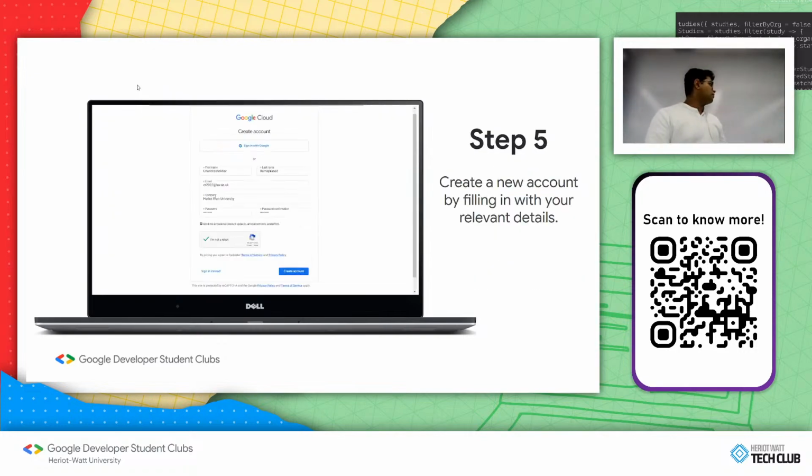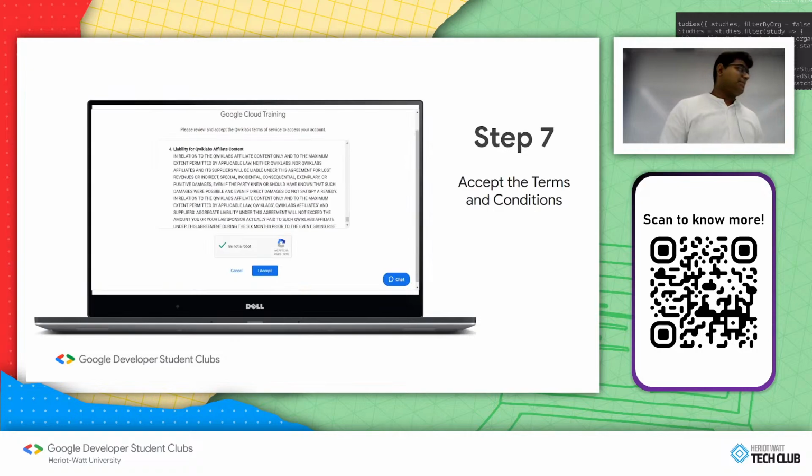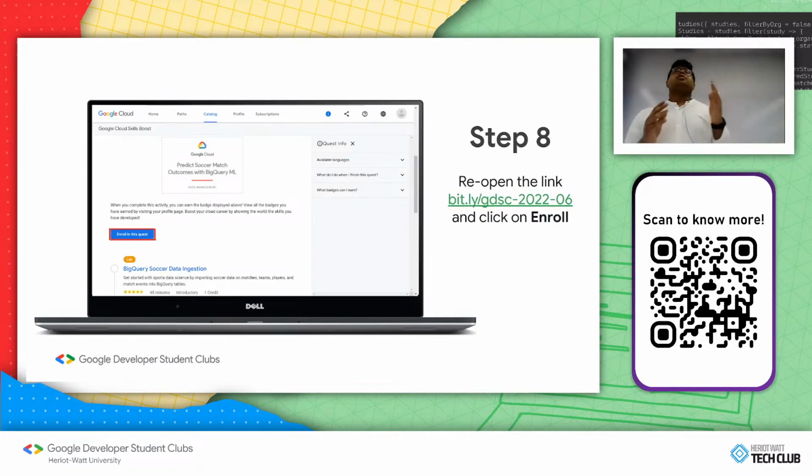So you just have to create an account. For Heriot-Watt students, you can just use your Heriot-Watt ID. It's optional if you do want to sign in via Google, but if not, you can sign in via any email address you like, totally up to you. And then the usual authentication process, the verification link, accepting the terms and conditions. Once you're done,